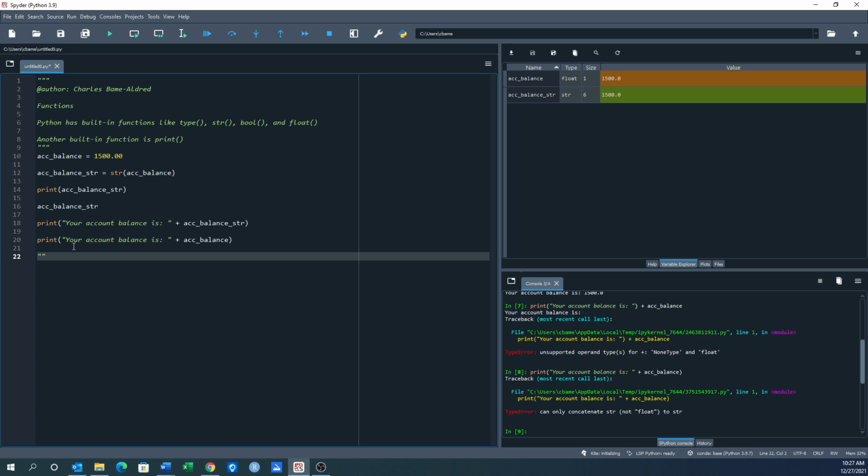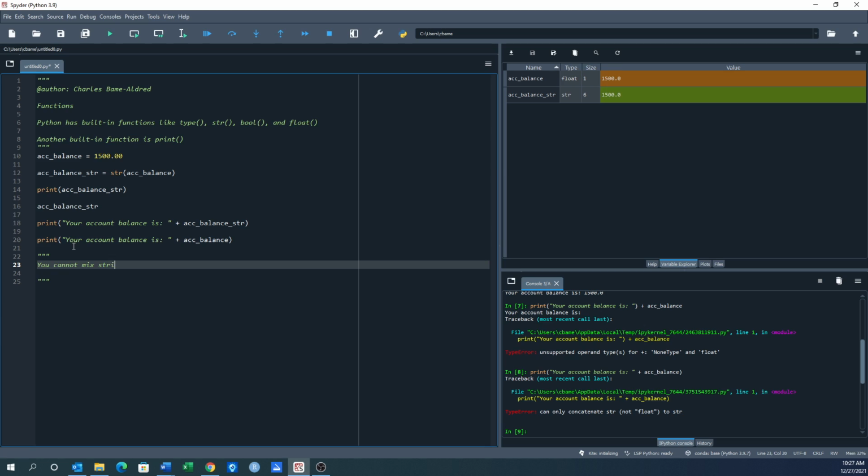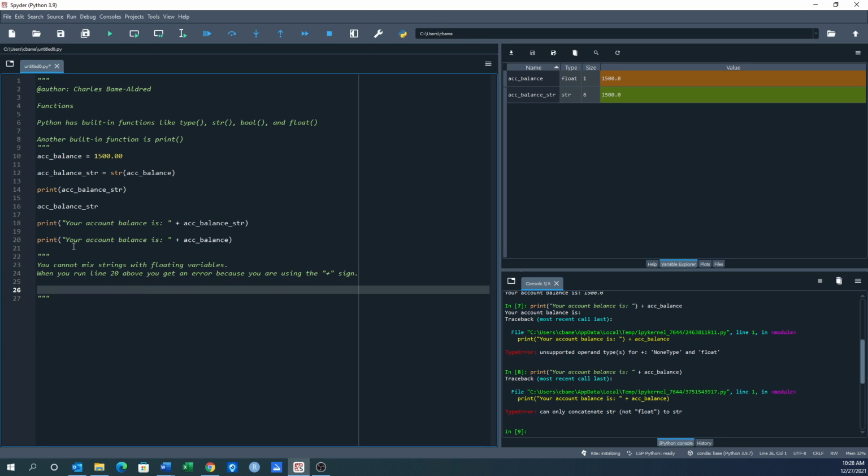So you cannot mix strings with floating variables or integers. Okay? Right? Because when you run the line above, you'll get that error because you're using the plus sign. All right, because you're using a plus sign, that is a concatenation. So when you run line 20 above, you get an error because you are using the plus sign to do it, right? To fix this, if I wanted to still do this, to fix this,